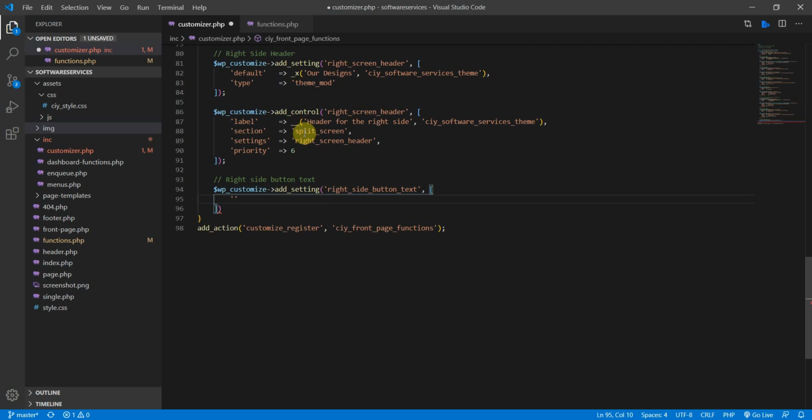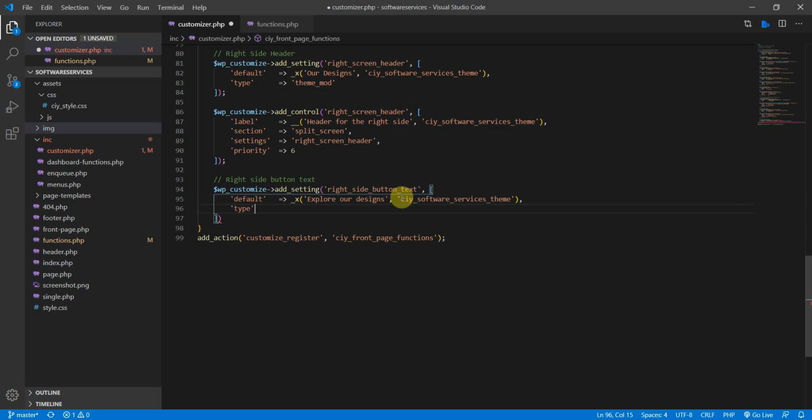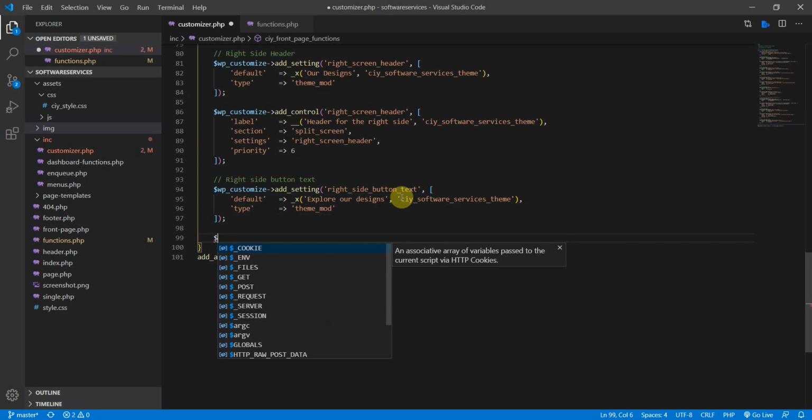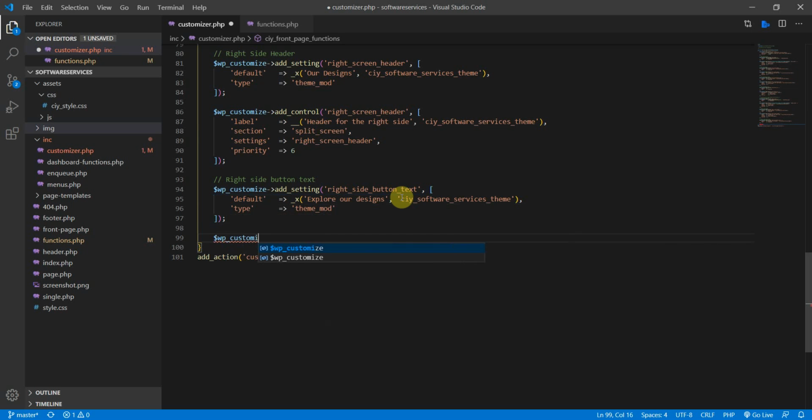And an array, and first thing we need is the default value. So explore our designs, and then the text domain, like so. No semicolon, just a comma, and then under default the type, which is going to be theme mod once again, semicolon at the end there, and then add the controller, customize,